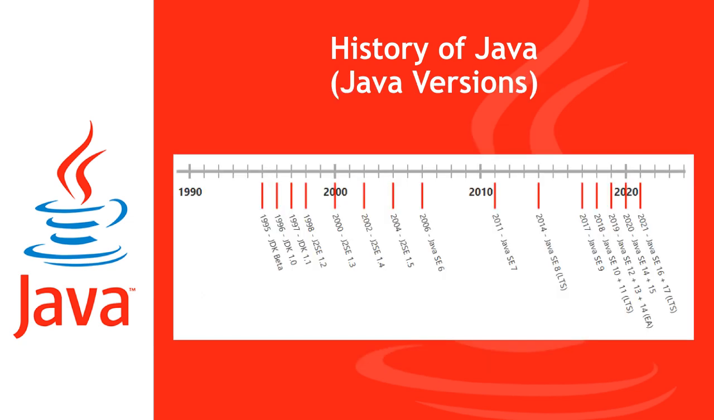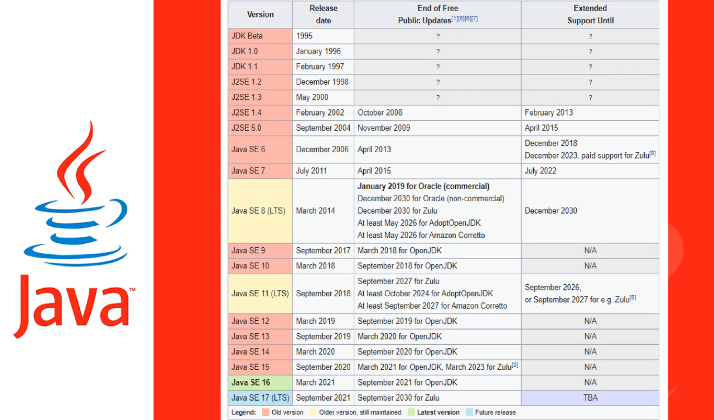The release date of Java version: JDK Alpha and Beta, 1995; JDK 1.0 released on 23 January 1996; JDK 1.1 released on 19 February 1997; J2SE 1.2 released on 8 December 1998; J2SE 1.3 released on 8 May 2000; J2SE 1.4 released on 6 February 2002; J2SE 5.0 released on 30 September 2004; Java SE 6 released on the 11th of December 2006; Java SE 7 released on the 28th of July 2011; Java SE 8 released on the 18th of March 2014;